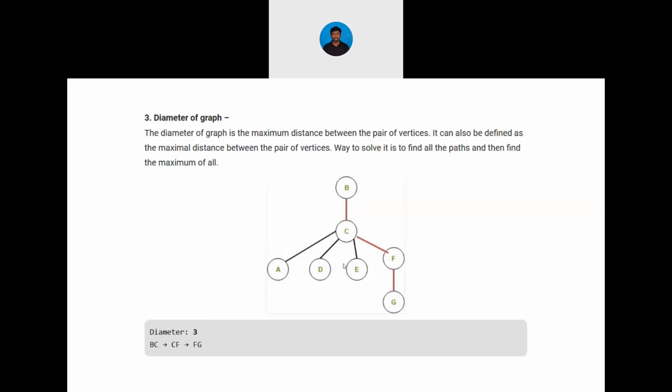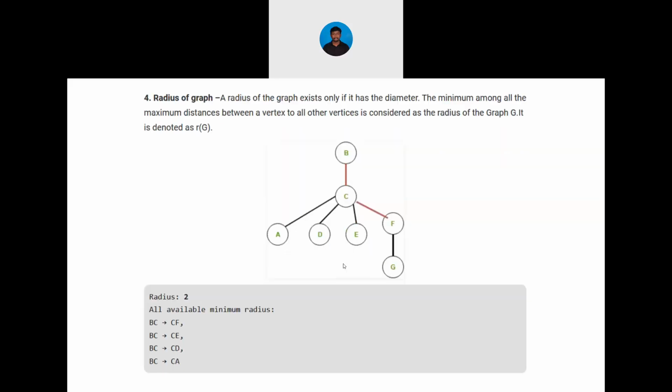Okay, so this is how we have to find the diameter of the graph. The fourth one is the radius of the graph. So this is also new to you, I think. The radius of the graph exists only if it has a diameter, right? So if the graph has a diameter, we can predict the radius of the